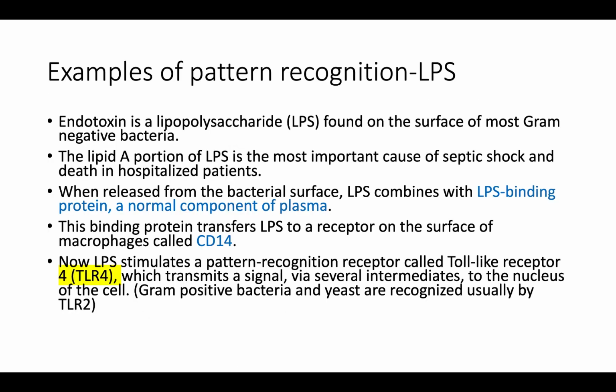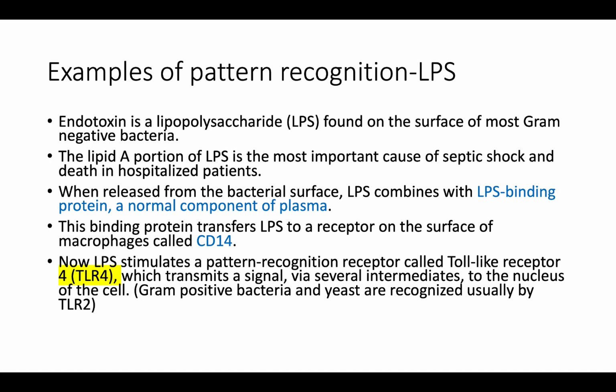شو في عنا أنواع؟ كنا نحكي toll-like receptor 3 و 7. So let's talk about actual responses. Endotoxin بال LPS حكينا عنه on the surface of gram-negative bacteria. The lipid A portion حكينا هذا البورشن إنه إذا كان موجود will cause septic shock. So when released from bacteria, LPS combines with LPS binding protein. This is a normal component of plasma. نسميه إحنا LPS binding protein لأنه binds LPS obviously, and this binding protein transfers the LPS to a receptor على